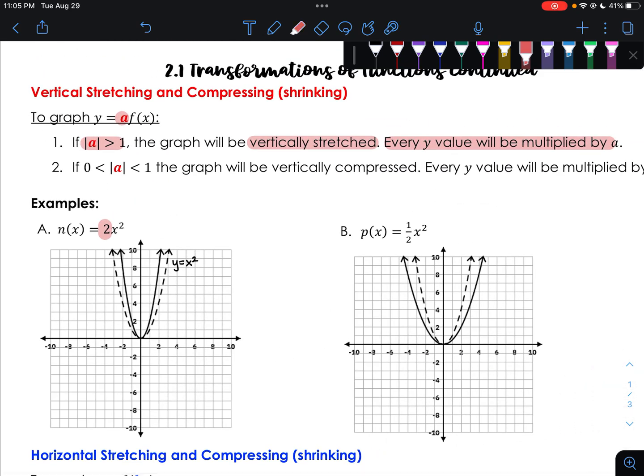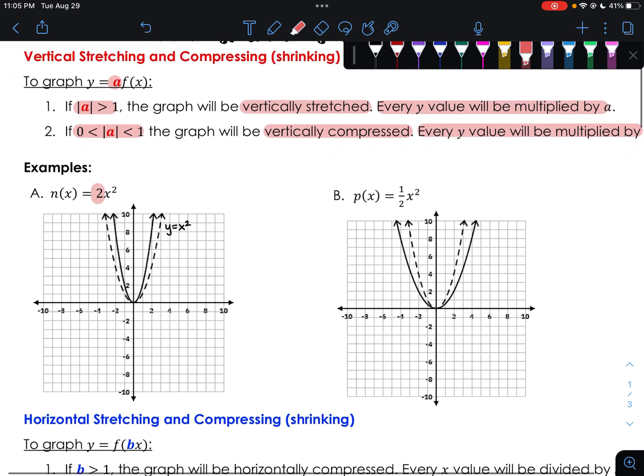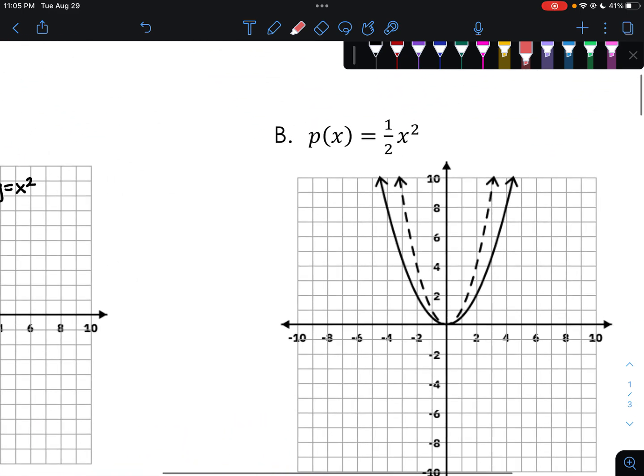The next one says that if it falls between 0 and 1, the graph is going to be vertically compressed. And again, we're multiplying every y value by a, and that's how we get this. So if we look at B, notice that this 1/2 is between 0 and 1. So if I take my y values of my parent function and I multiply them by 1/2, it's going to